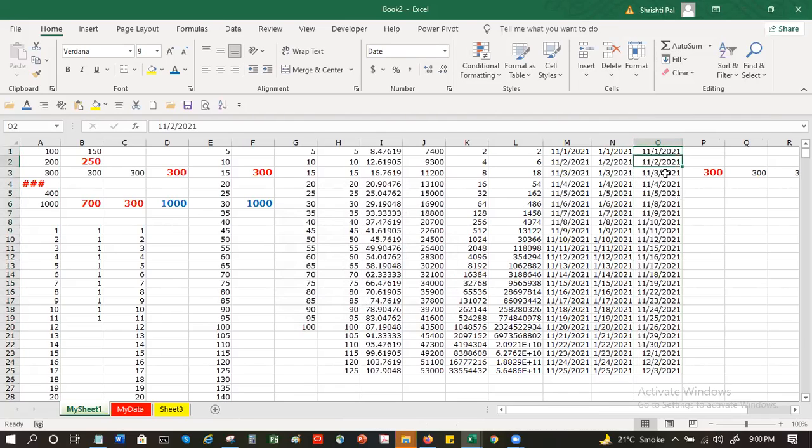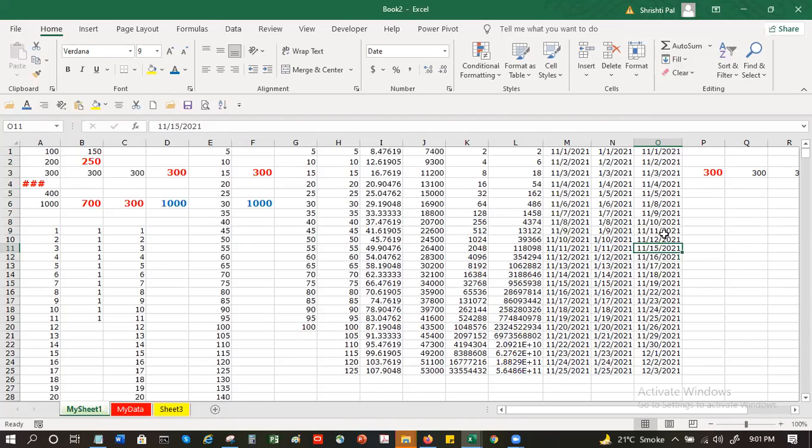So 1, 2, 3, 4, 5, 6, 7 missing. 8, 9, 10, 11, 12, 13, 14 missing. 15, 16, 15th is today. Yesterday and day before is gone, because it is looking at weekdays only.